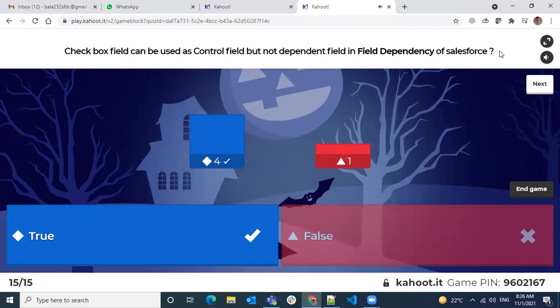Now we just did right, except one. So checkbox field, we can use it as a controlling field. If you check the tick box, then you can control the pick list values as one set. And if you uncheck it, you can have a different set. But you cannot control a checkbox field based on a different field. Why? Because it has only two options, either check or uncheck. There's no option to control that. So if you control, it's going to be a fixed one, right? So Salesforce is not allowing checkbox to be a dependent field. You can make it a control field.